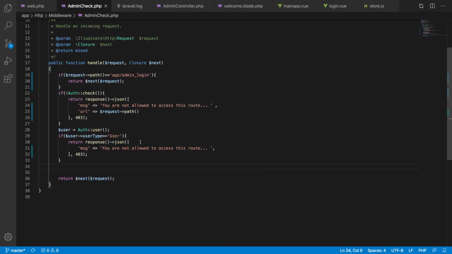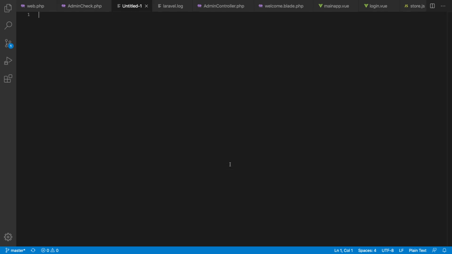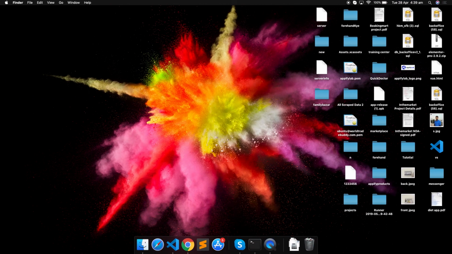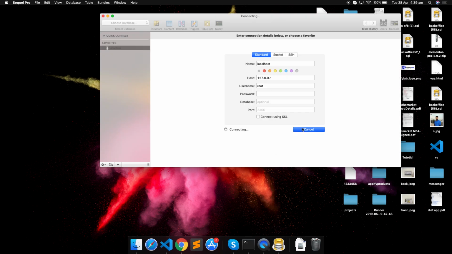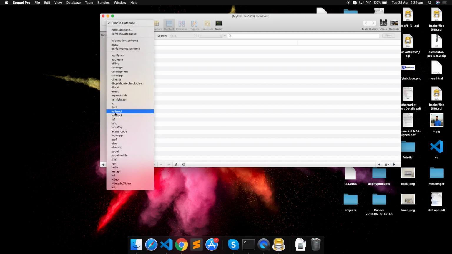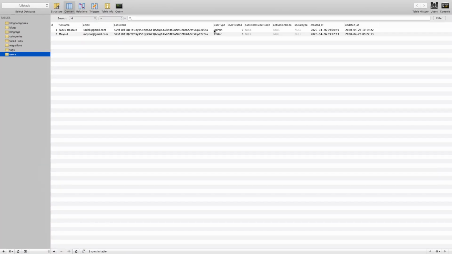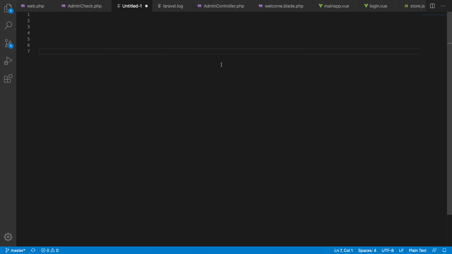So before I create an ACL, let me show you how these things will be working. Okay, so currently we have in our database the user type here. So if we want to make a complete ACL, we cannot do it using user type like this. Okay, we have to have some IDs here referencing to our rule. Okay, so what we are going to do is we're going to have a table called rule or permission, whatever,